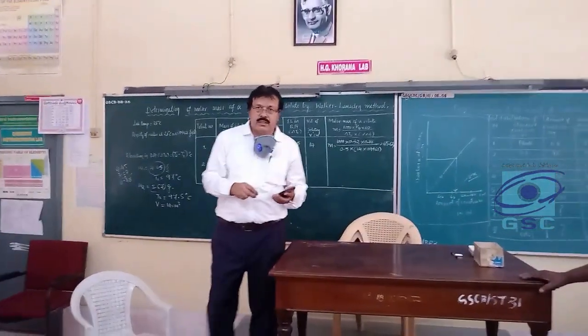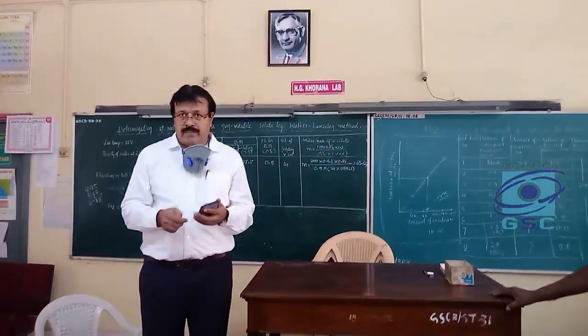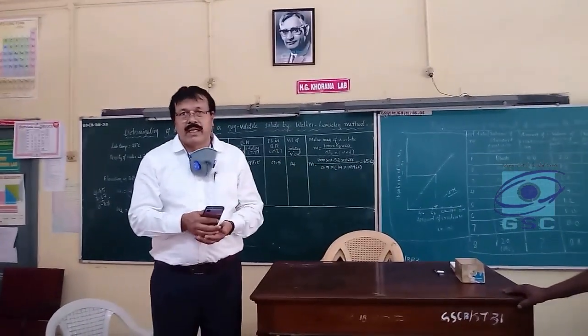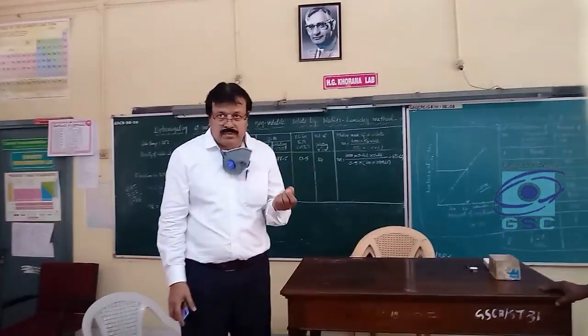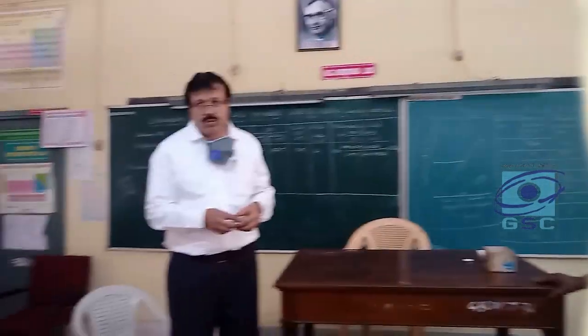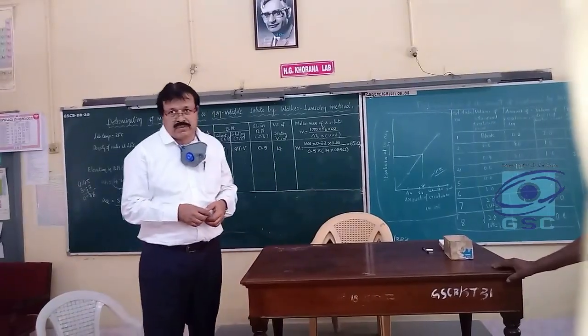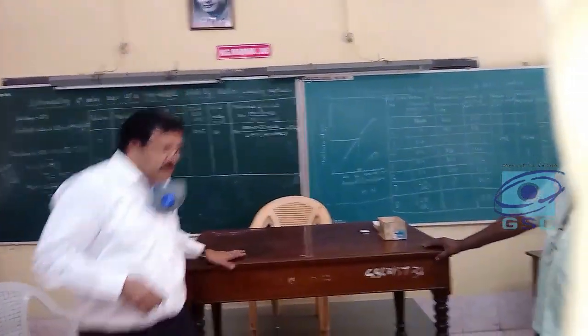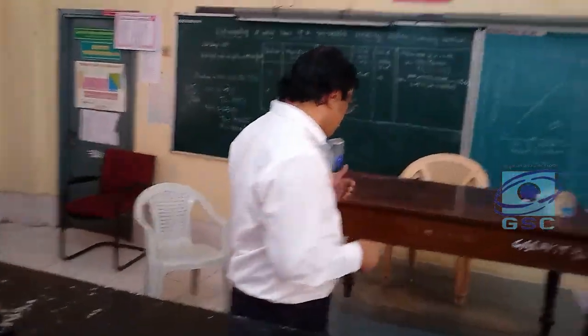Since urea is taken for the experiment, the value is supposed to be 60. Due to some experimental error, we usually get a slight error. So it is found to be 65.62. According to the literature, the value is supposed to be 65. So this is for the first trial. Similarly, you can also repeat the experiment for a second trial by taking another sample.